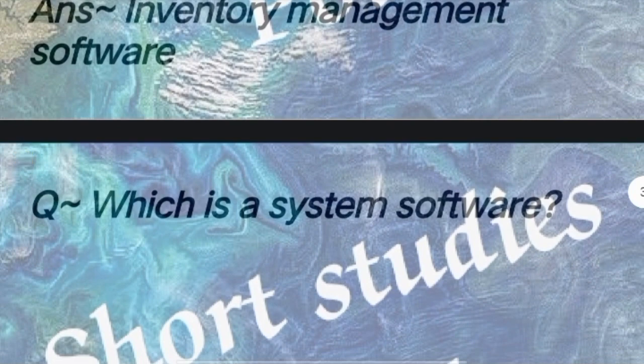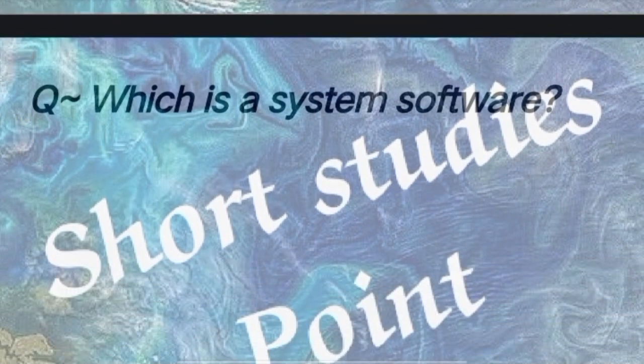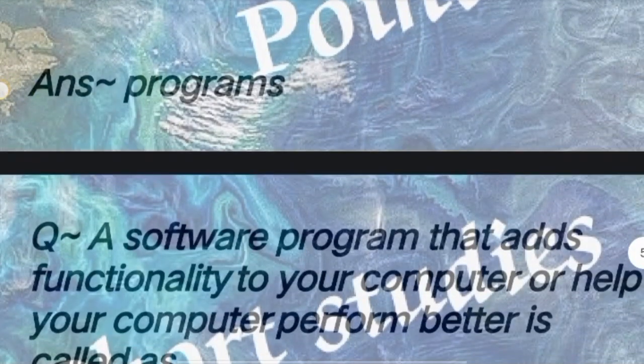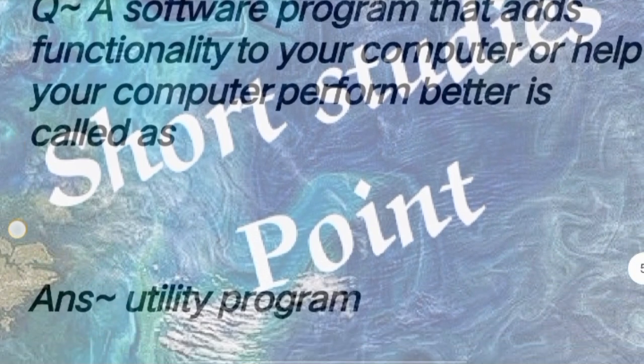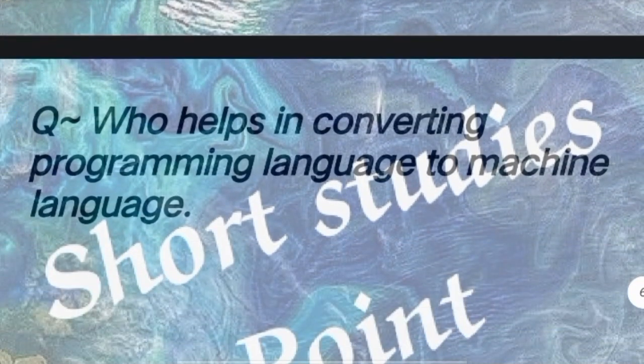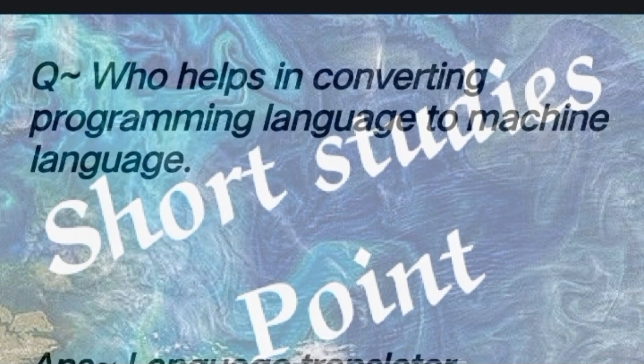Next question: Which type of software is used in organizations to keep track of products in stock? Answer: inventory management software. Next question: Which is a system software? Answer: device drivers. Next question: Software refers to programs. Next question: A software program that adds functionality to your computer or helps your computer perform better is called a